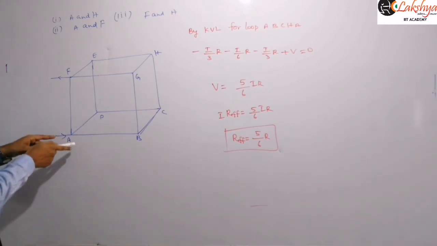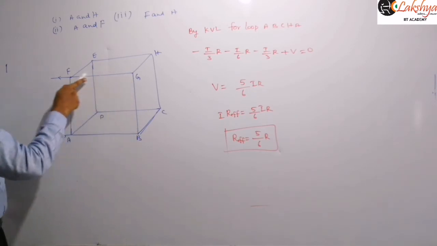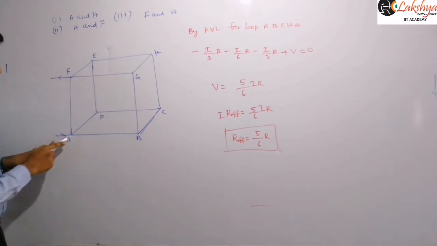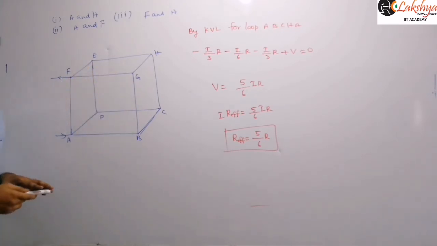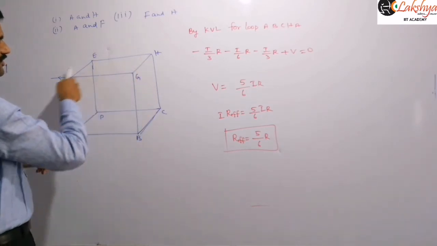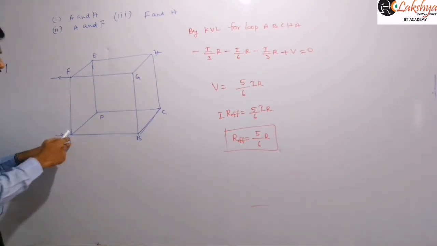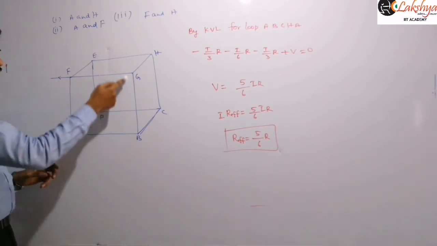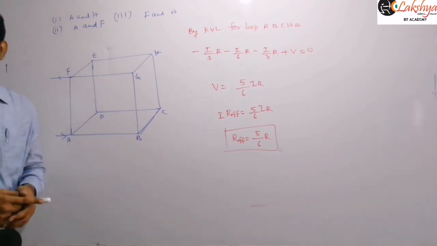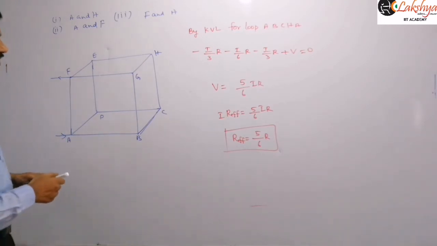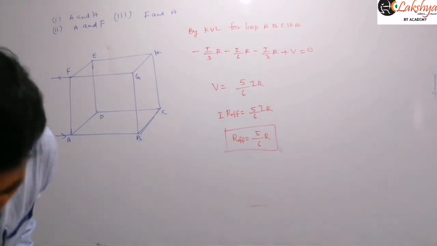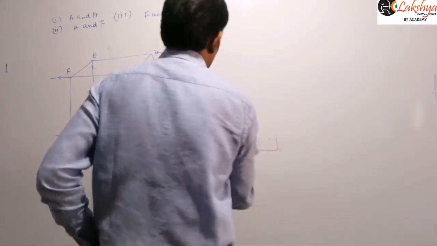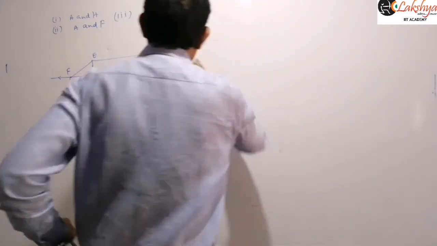Suppose one path I travel like this. So this is R, 3R, and you can also travel like this, 3R, right? Or you may travel along this one also. That means this path and this path are identical, right? Because we are crossing the same amount of resistance and the same configuration of resistors will be there. So in that case, out of those 3, only 2 paths are identical. So let us take the current distribution in them as the same.